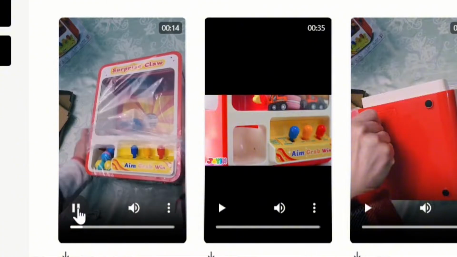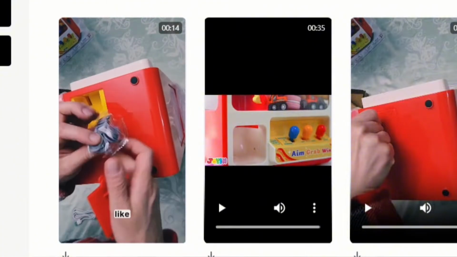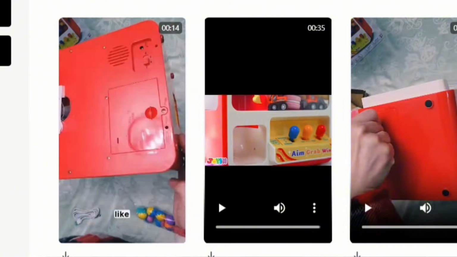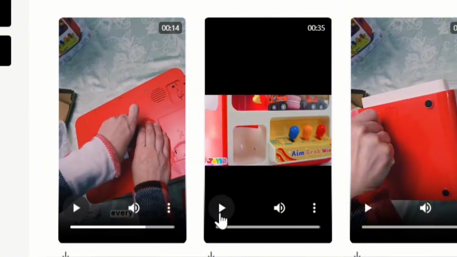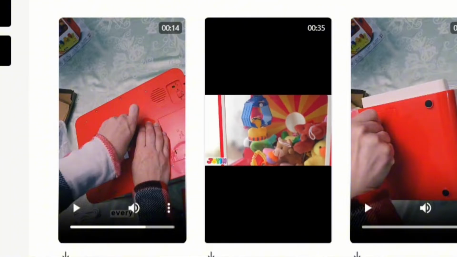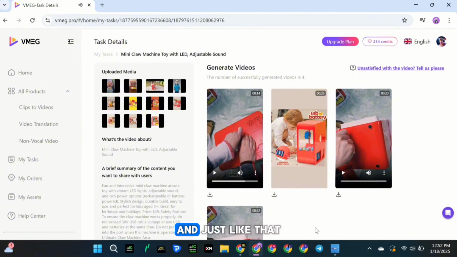Hey, check this out. Just got this mini claw machine, and it comes packed with cool stuff like LED lights and adjustable sound. Unboxing it is like getting a surprise. Get ready for some serious fun with our mini claw machine toy. It comes alive with vibrant LED lights and lets you set the vibe with a